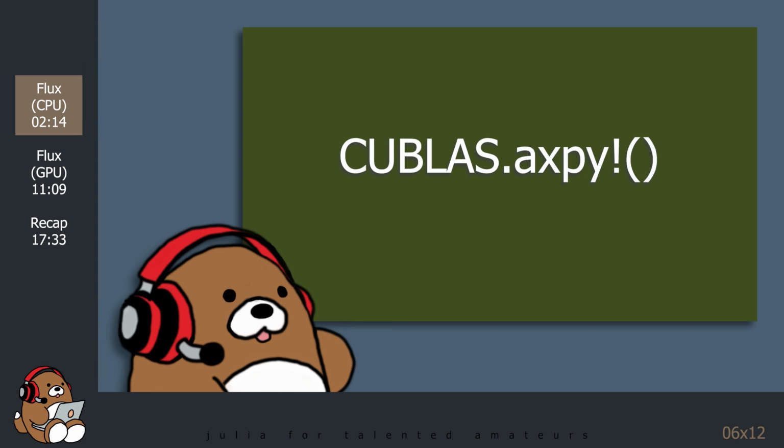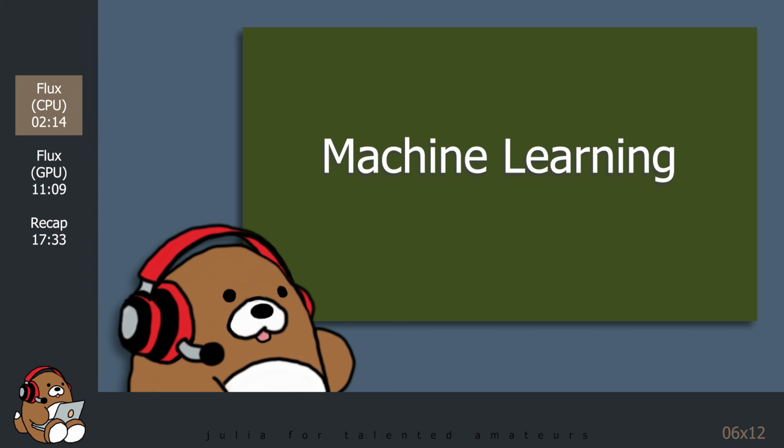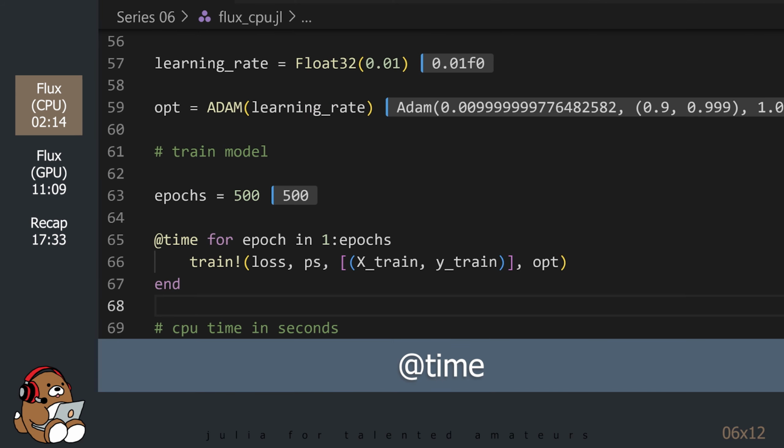For example, in the last tutorial, the btime macro ran the xb function from the cuBLAS library multiple times. As a result, the values in the vector y were also overwritten multiple times, which is why the results were completely off. Regarding machine learning models, it's not a good idea to run full training sessions on your model multiple times. So this is a long way of me saying that I will not be using the btime macro, and that I need to find a better way to measure performance. But until I do, I will be using the time macro from Julia Base.